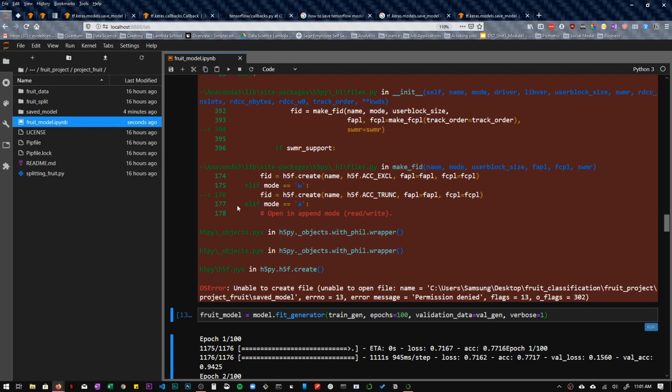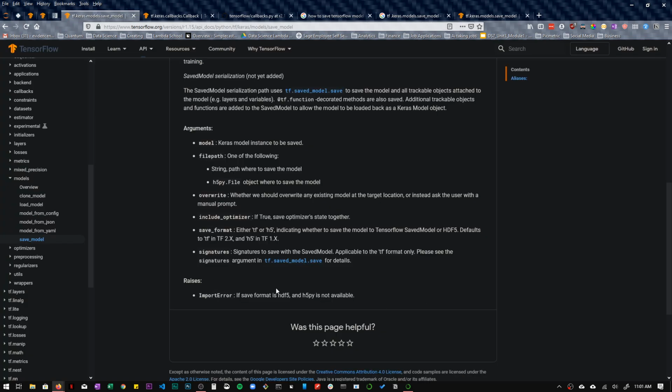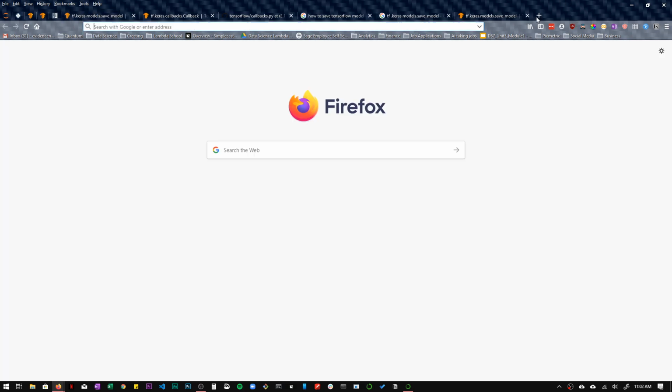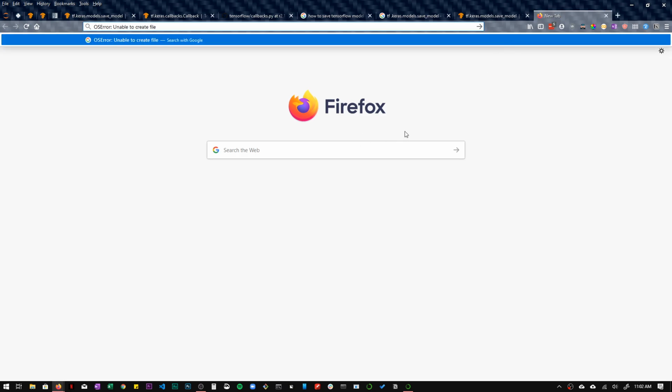Alright, so I have to Google this error message and see. Actually, let's go here. So it says TensorFlow save model.